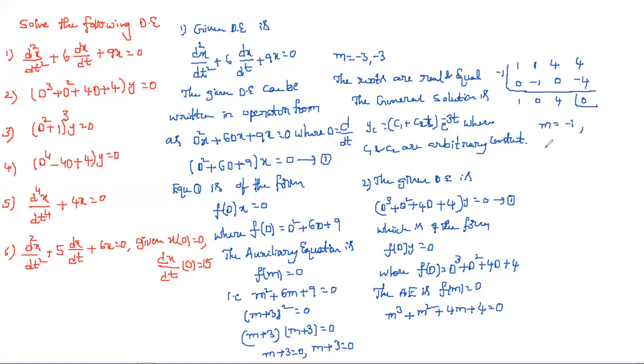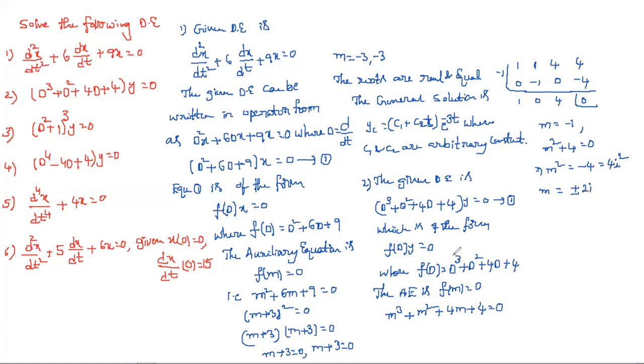And next, what about the remaining? We need to take m square plus 0m plus 4 is equal to 0, that is m square plus 4 is equal to 0. Now m square is equal to -4, since when it goes to the right hand side it changes to minus. And for removing the minus, we can write i square, since i square is equal to -1. And then what about m? m is equal to plus or minus 2i, right? The square root of 4 is nothing but 2, and i square is nothing but i. So total 3 roots we got. One root is -1, the second root is plus 2i, and the third root is -2i.